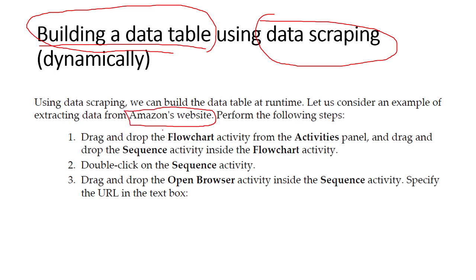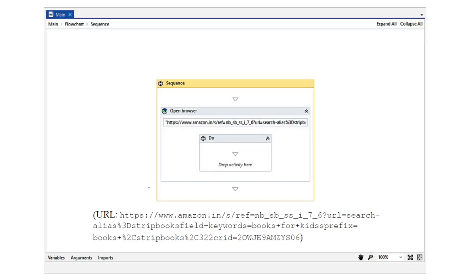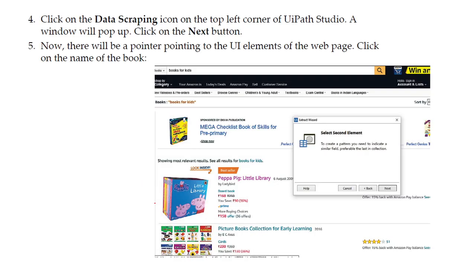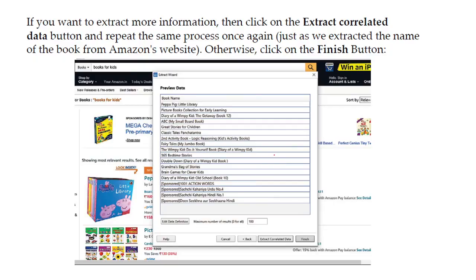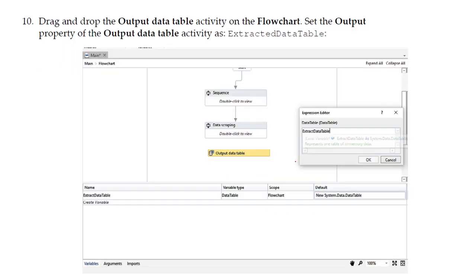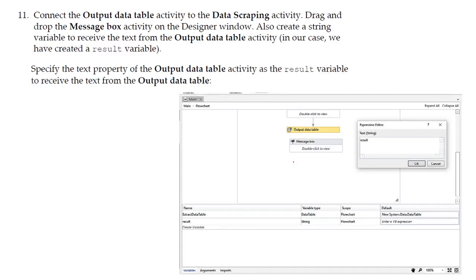I recommend you follow the steps present in the slide in order to extract the data from a specific web page. I mean, by using the URL of a web page and extracting that data by following the instructions given by the tool. All this we have learned in the previous class, and then finally getting the data present in a specific web page in the form of a table.